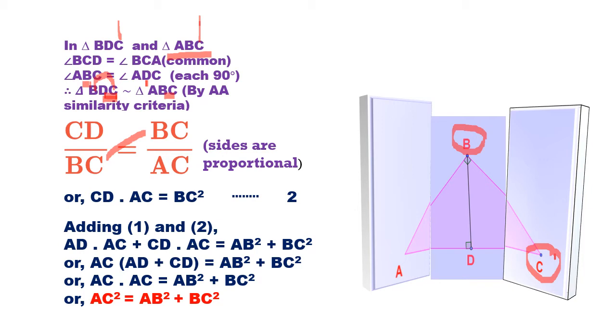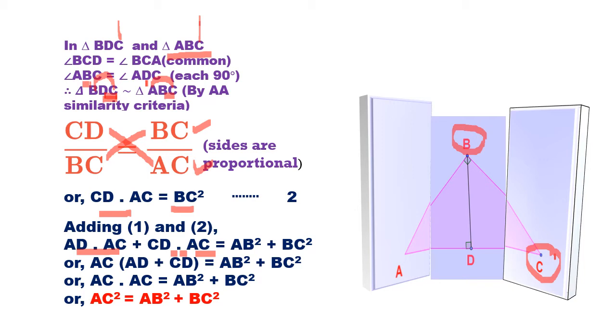So here also you have to take the first and the third letter. Here it is BC upon AC. Once you have done it, just cross multiply, you get BC squared, and from here CD into AC. Now you are going to add 1 and 2. You already had in the first case AD product AC, and here you are seeing CD product AC.